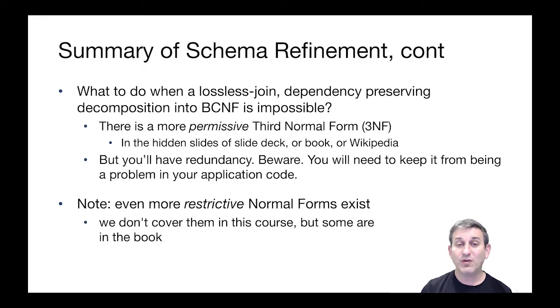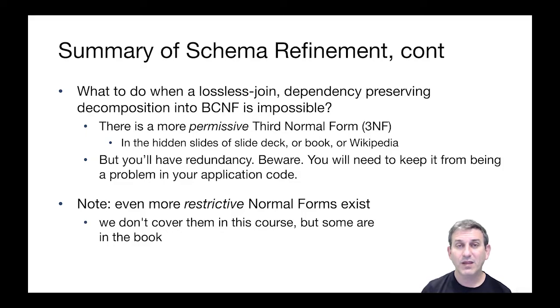Well, there is this more permissive third normal form, which you can read about in the hidden slides in this slide deck, or you can read in your textbook, or even on Wikipedia for that matter. But as we saw when we added the JPC table back to our contracts example, this will bring redundancy. And you should be aware of that because, again, you're going to have to manage all the potential anomalies in every application over the database, right? And so that's a difficult challenge to maintain, not just in your code, but in the code as it evolves